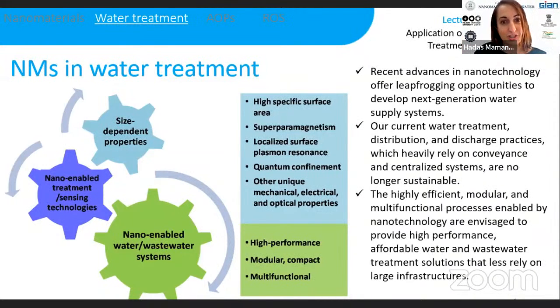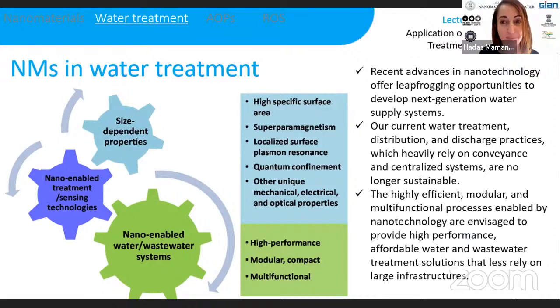And this is the place where nanotechnology can actually be efficient. It could be efficient in small scale, decentralized systems in remote locations, and that could rely maybe on activation using solar sun and stuff like that. So nanotechnology can actually take place in small scale, decentralized systems, especially for intermittent water flows